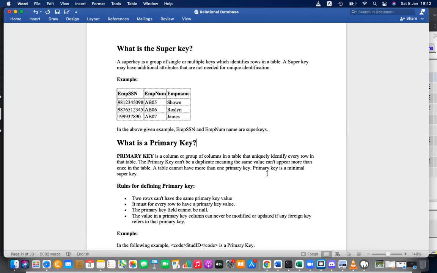Then primary key, the minimal super key. Then alternative keys: remaining super keys after selecting the primary key.